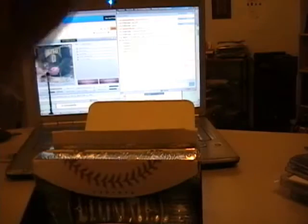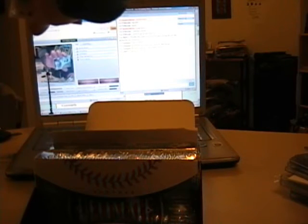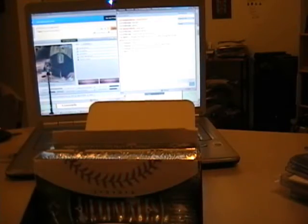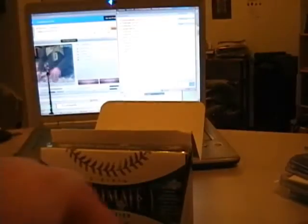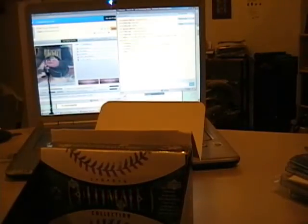Okay. So Johan Santana, Jackie Robinson, and a nice dual patch of Dan Uggla out of 50. You can see the patchy goodness right there. And Richie Ashburn. I do have to say that these base cards from Upper Deck are pretty sweet, actually. And Grady Sizemore, Frank Thomas, and